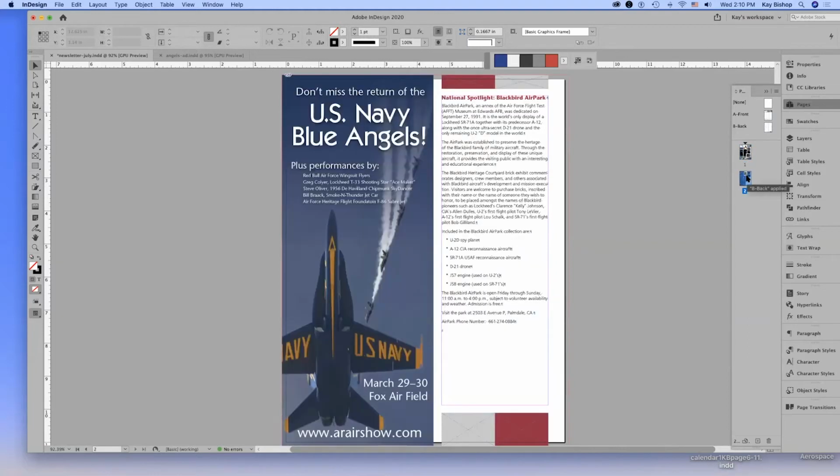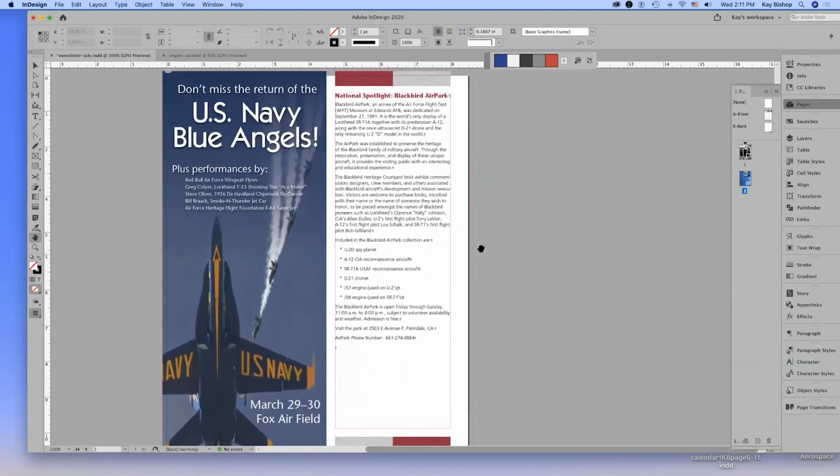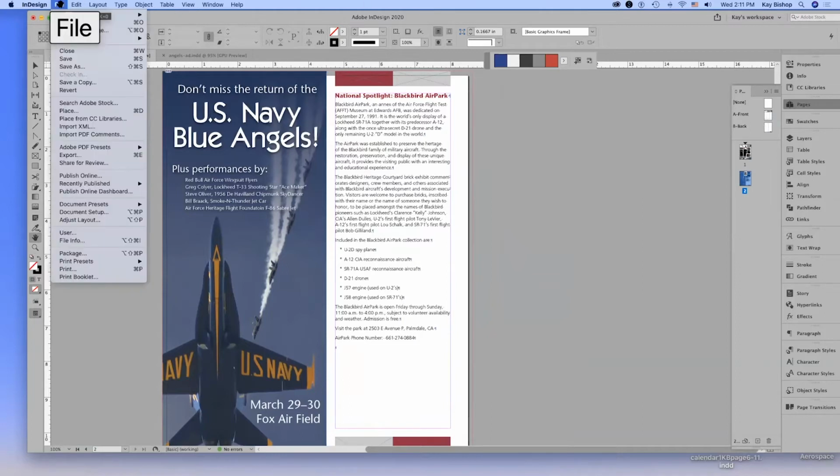All right, I'm going to go to page 2, and in my textbook here, we are on stage 3 working with tables, page 194 in your textbook. And so the first thing we're going to do is place that content from an Excel table. So I'm going to zoom in this area. I'm going to place the table on my pasteboard area outside of the document so it doesn't interfere with anything else. So go to File, Place,